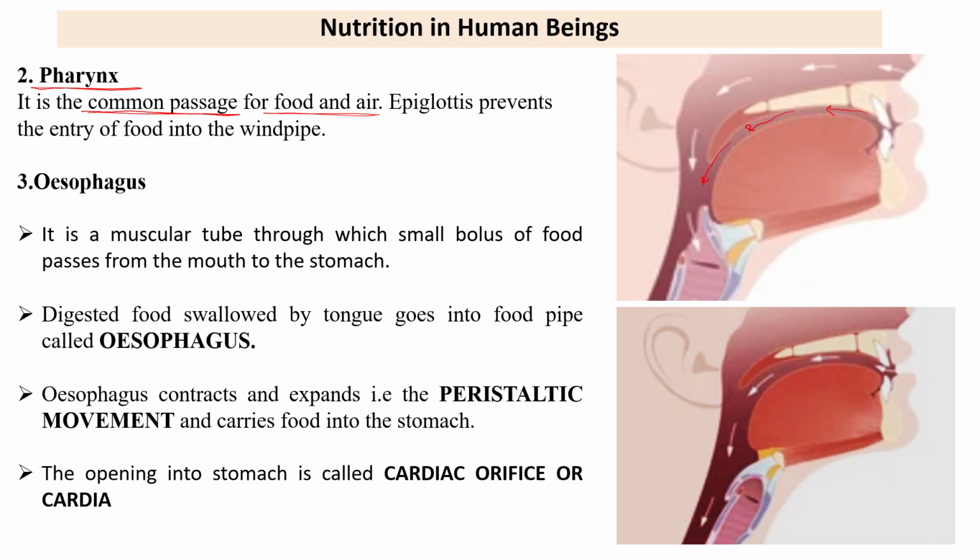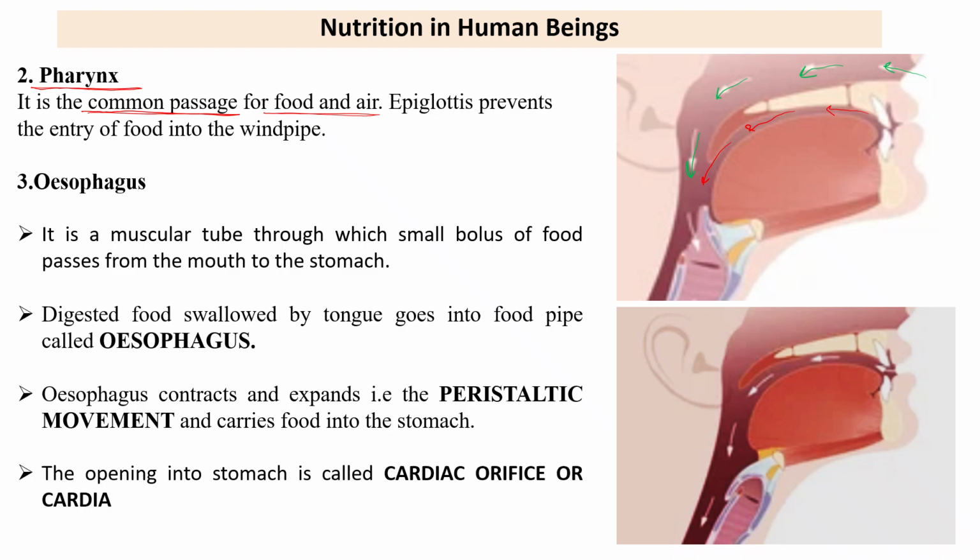And this is the nostrils, and this is the nasal passage, and this is the air. So now see here, the food is also coming in this. The food is also coming here and the air is also coming here. So this is a common passage for both food and air. And now